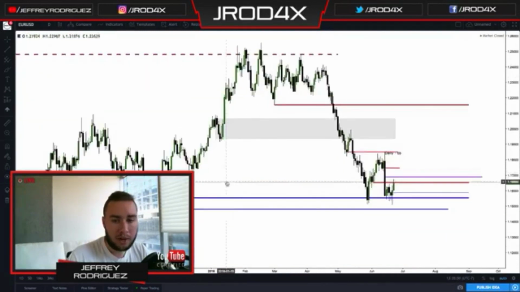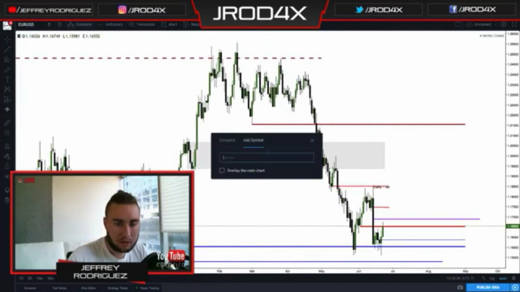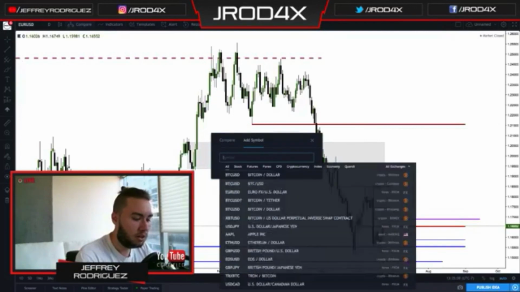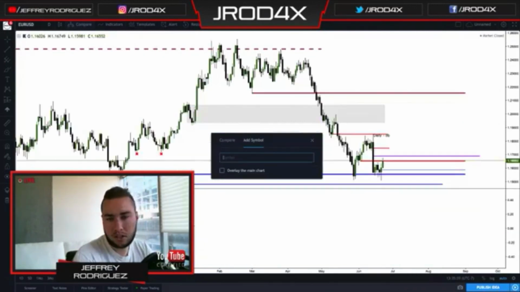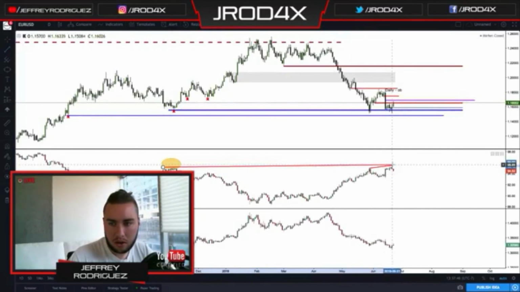Now, going back to dollar index, I just want to pull up dollar index and compare it to this chart so you guys can see. So let's go ahead and take a look at this. If we look at dollar index here, it's a higher high. Okay, we have this high back here, and then we have a higher high that formed here. Now if we look at cable,